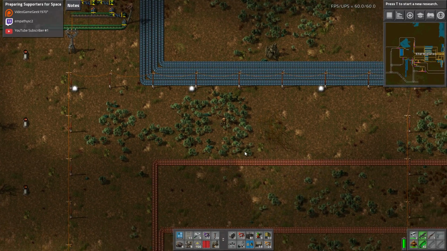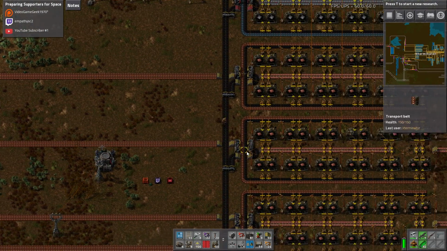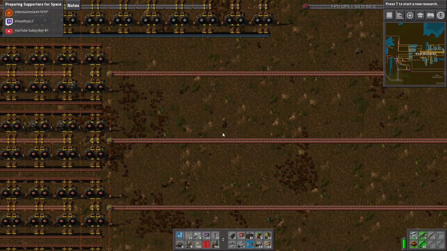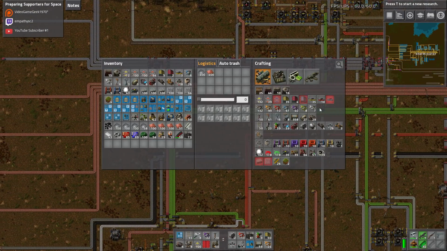I'm going to really quickly go down and grab some of the speed 3 modules we have, because I would like that to move a little bit quicker. Hopefully the power for that we do. We're not doing any research. I'm letting the resources build up a bit because I'm going to need them for the